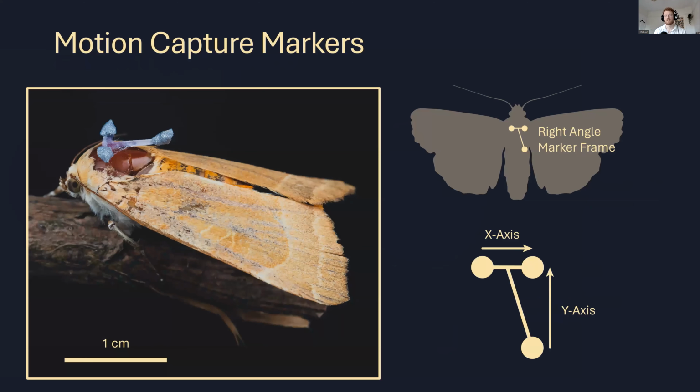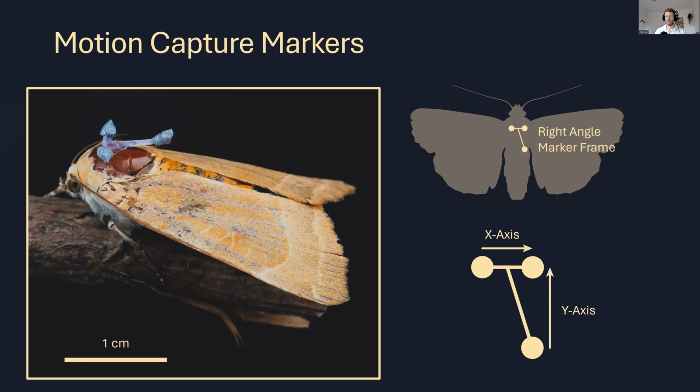The way we approached this was, yes, using the high-speed cameras that I've already shown you at the start, and also using motion capture. With motion capture, we can add tiny little retroreflective markers. These markers are a bit like cat's eyes in the road. They bounce light back along the axis it came, so that allows them to be a really bright spot, even when the background might be quite dark. They're bouncing much more light than the surrounding area back to the cameras. We add 3 markers onto the back of the insect.